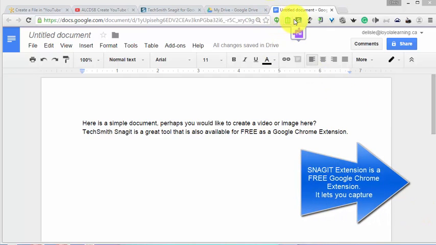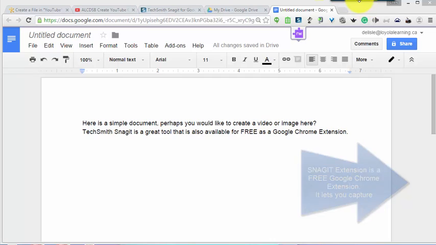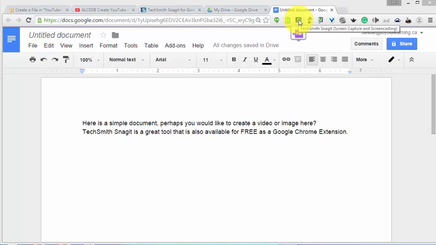I use lots of different extensions across the top of my Google Chrome. One I really like is called Snagit. That's how I usually do my videos. I usually use the full version of Snagit, which sits on top, and I'll do that in other videos. But the easy version is a web-based one that works right with your Google Chrome, called